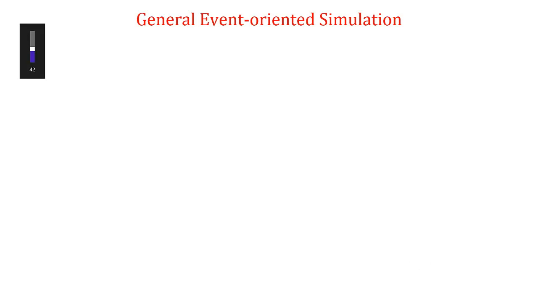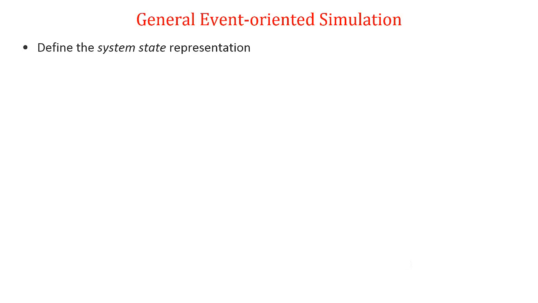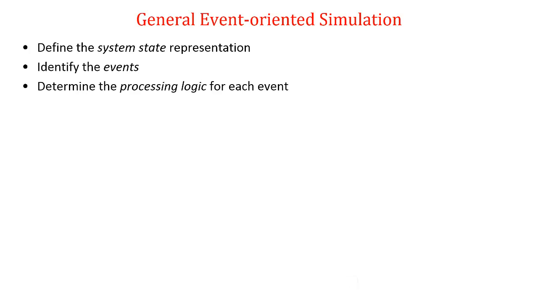The general process that we follow when we do an event-oriented simulation is first to define the system state representation. Recall, when we do simulation, we're watching a system state evolve over time. So developing the event-oriented model, the first step is determining how to represent that system state. Then develop the set of events that cause the system state to change. Determine the processing logic for each of the events. And then we actually code the simulation using the system state representation and the processing logic,